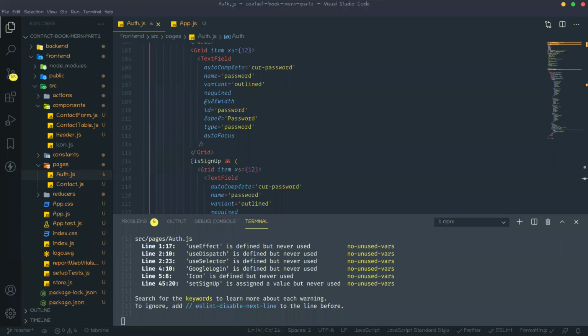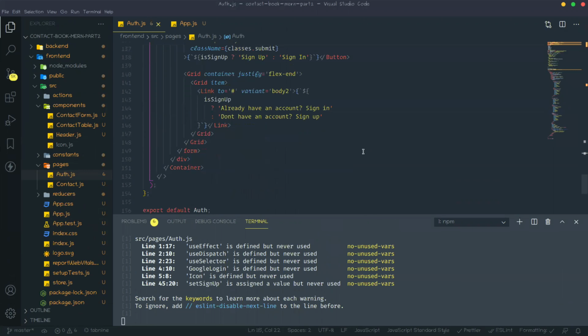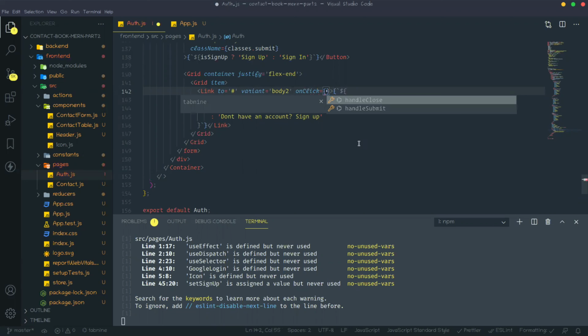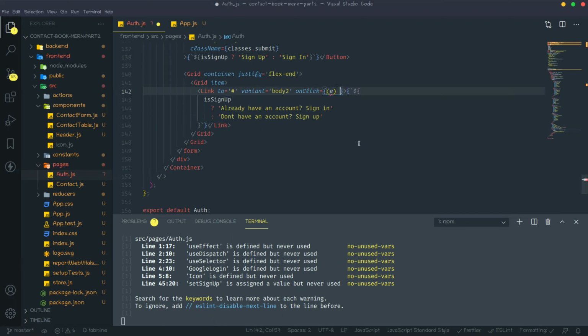Okay, first, when on click happens on this link, create one function.